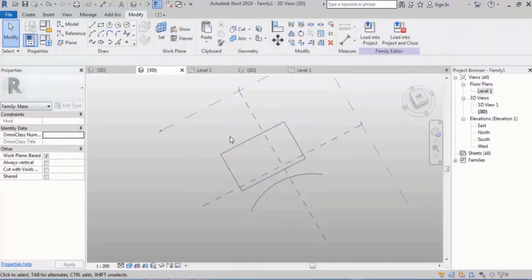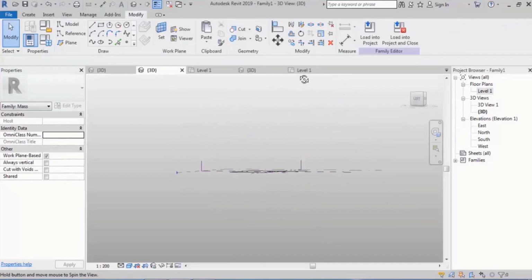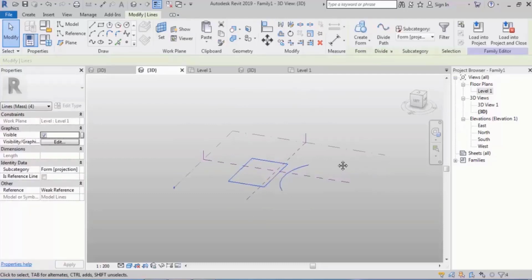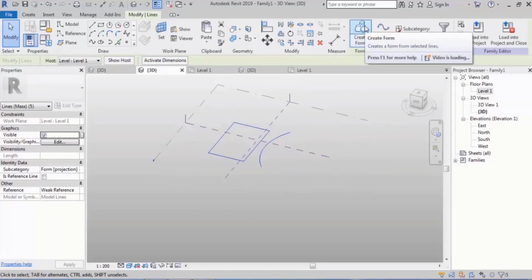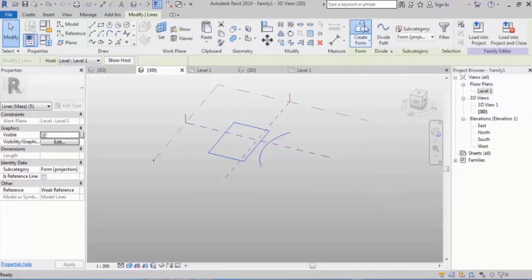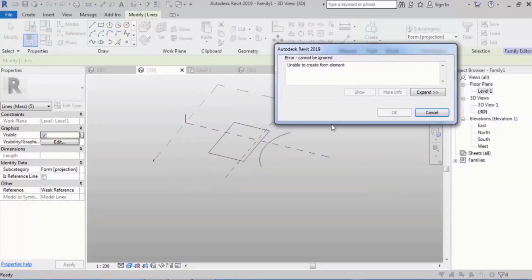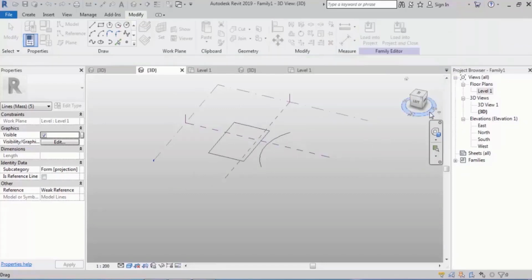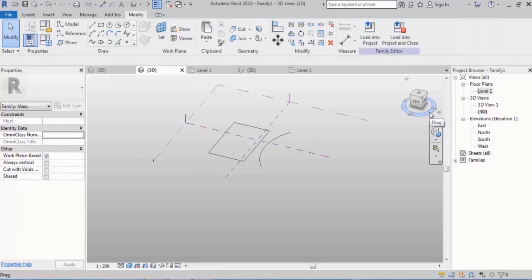Let me delete this. A rectangle with an arc. They're in one plane, right? When I select these two and then click on create, what will happen? Can you think? That's right, I will face an error. Now, why couldn't it revolve? Because it did not have a straight profile, and it was curved, and definitely they can't be connected to each other because they're in the same